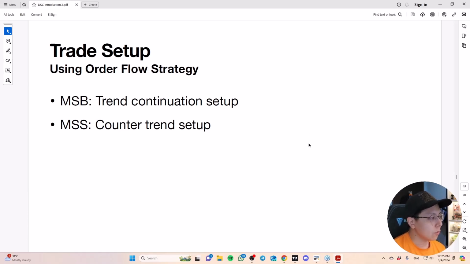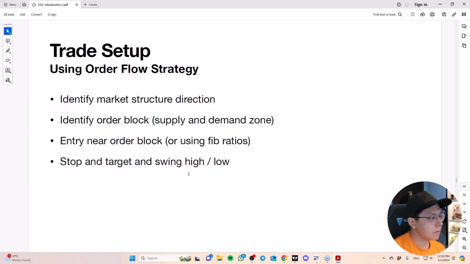Okay, so over here I have a couple of setups. But in today's session, I'll very quickly walk you through one of the most straightforward and easiest setups. This setup is based on the order flow strategy, the order flow technique itself. There are a couple of things that we need to quickly explain before you can appreciate this strategy, but the steps are quite straightforward.